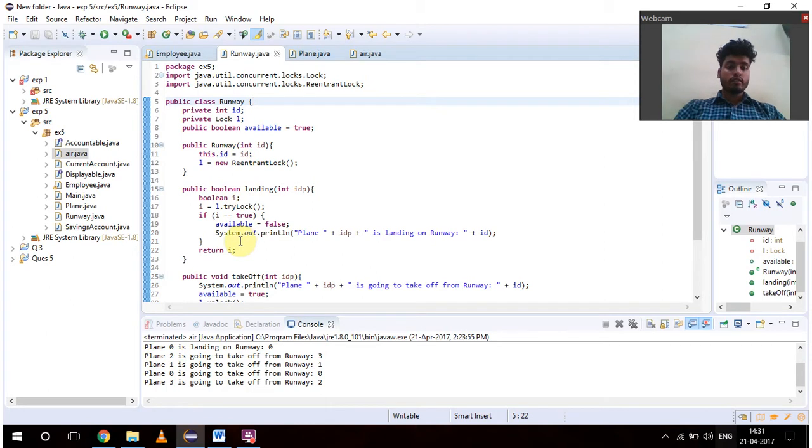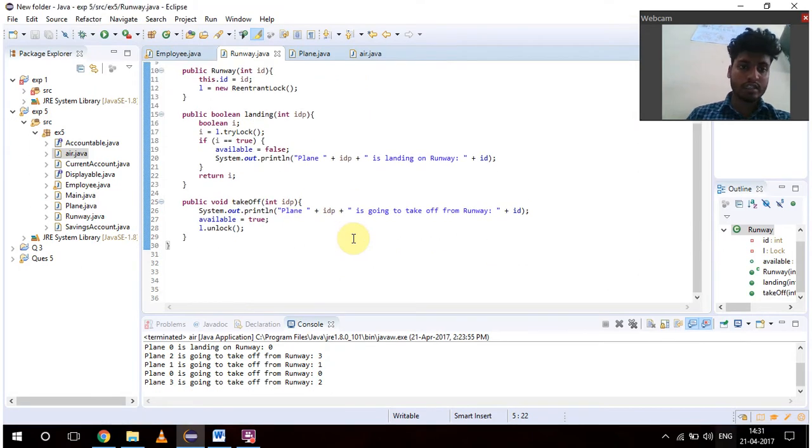If the lock is acquired with tryLock, then availability is false. Then I'm printing that plane is landing on runway, where idp is the number of the plane that is landing on the runway,